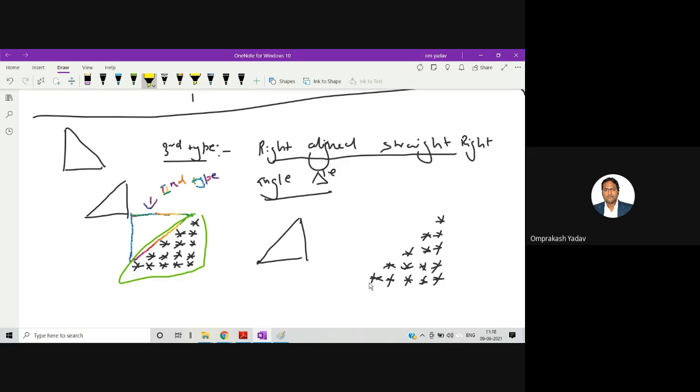So here in the last row I won't be having any space, but at this particular place I'm having one space, I'm having two spaces, then at this particular place I'm having three spaces, in the first row I am having four spaces.